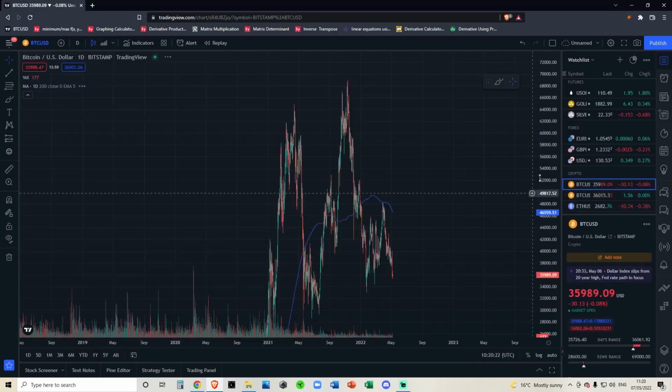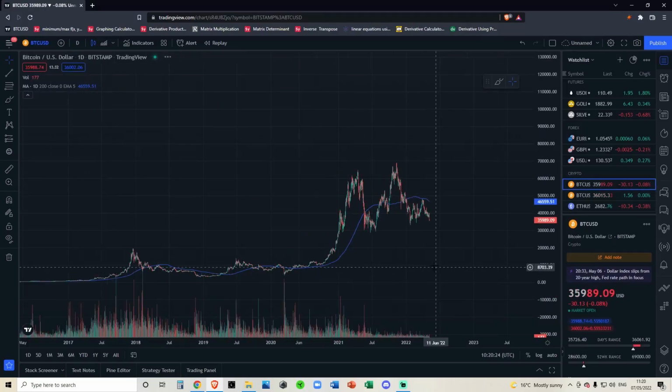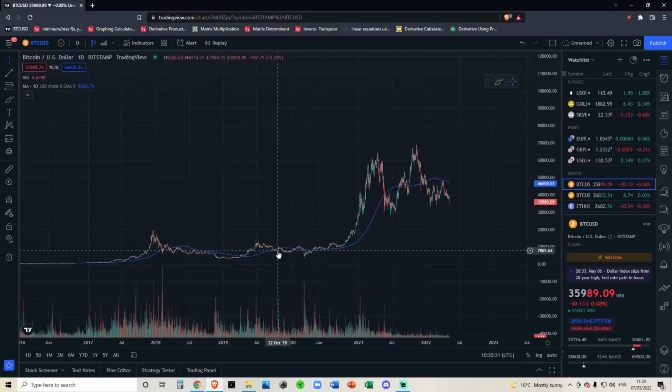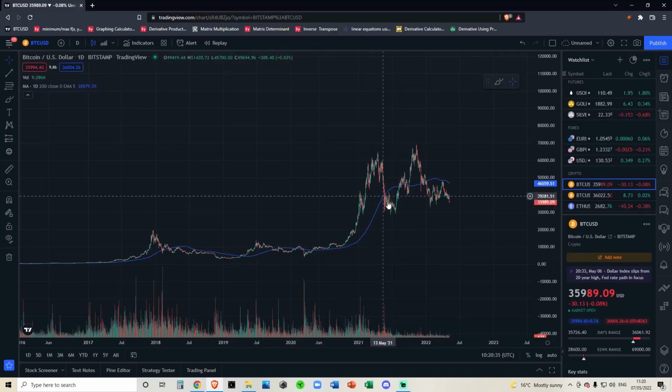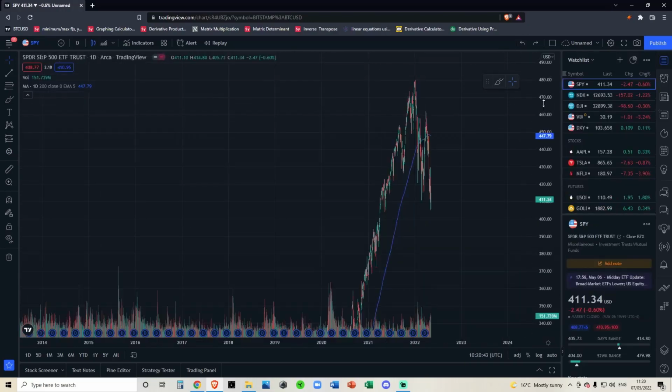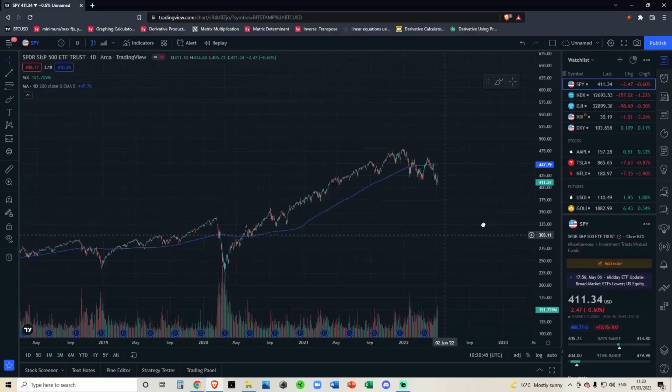This is the same in Bitcoin, although the 200-day is not as well respected in my opinion, but you can also see this is very strong resistance. When we break above it, this is very strong support. You know, you backtest it, you fail, you break down. You fail to hold it here, you fail to hold it here, you break down, rejected. So these are very important moving averages, and I'm going to be showing you in this video on the SPY